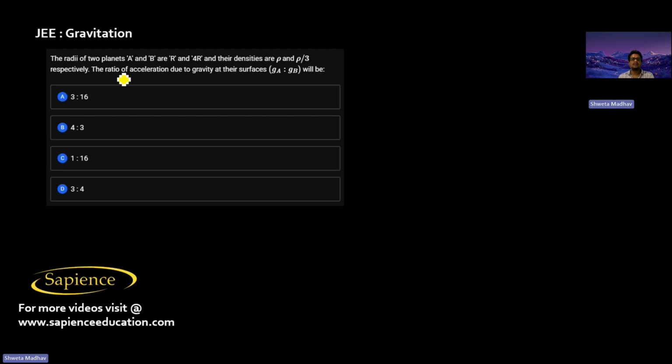Here it is told the radii of two planets A and B are R and 4R, and their densities are rho and rho by 3 respectively. The ratio of acceleration due to gravity at the surface. So gA by gB will be equal to